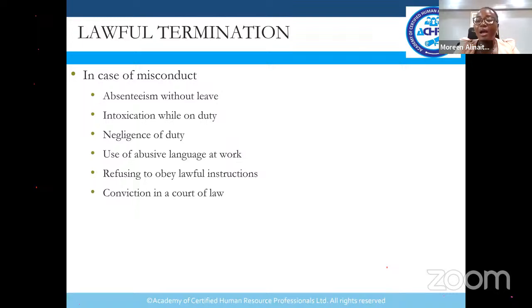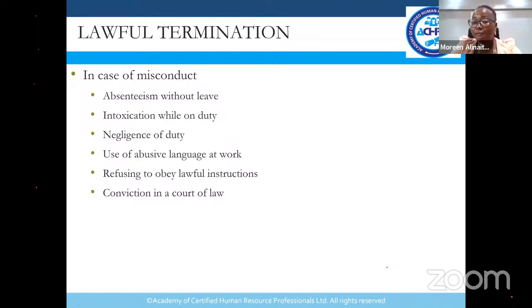Now that you know what is supposed to be paid in case of termination, we have cases of lawful termination. When is it considered that you have terminated somebody's services lawfully? In case of misconduct, the Employment Act specifically defines misconduct as